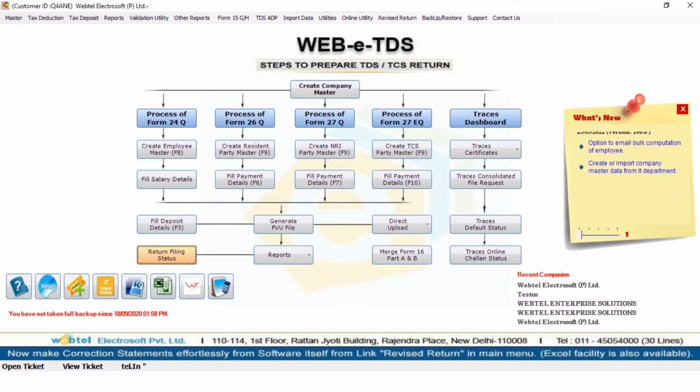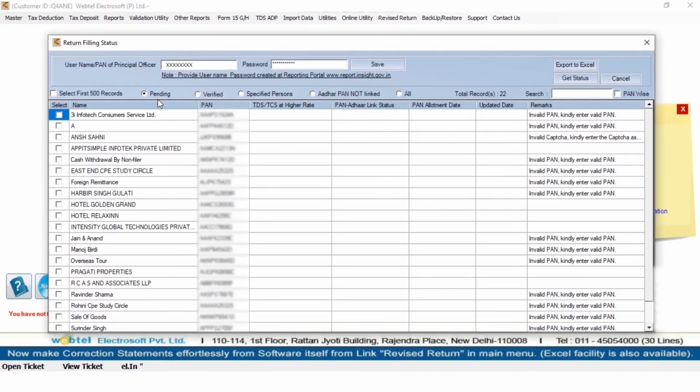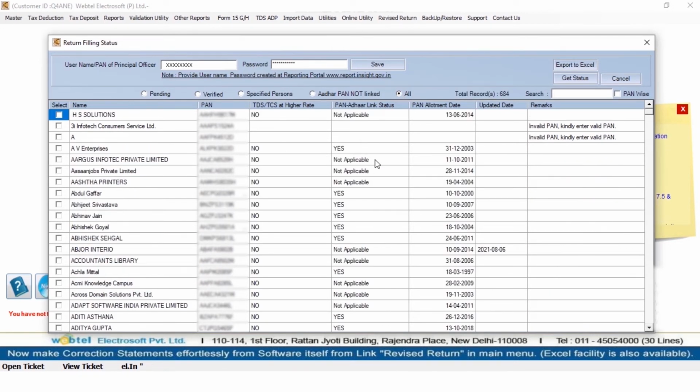Now let us see how things can become much simpler if we are using the TDS software. Here in the TDS software, we have given this option of return filing status. Let us click that, and when you open it for the first time, you will have to punch in the user ID and password of the reporting portal. You will have to save it and then click on get status. After clicking on get status, after some time you will get this information of all the parties whose party masters have been created in TDS,